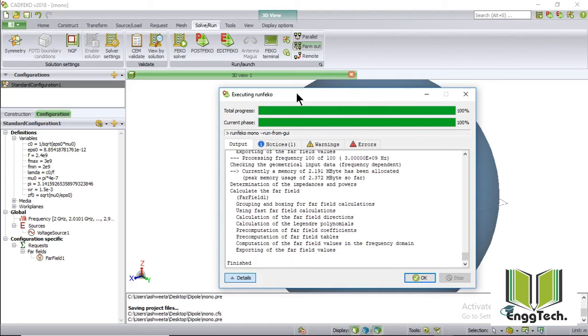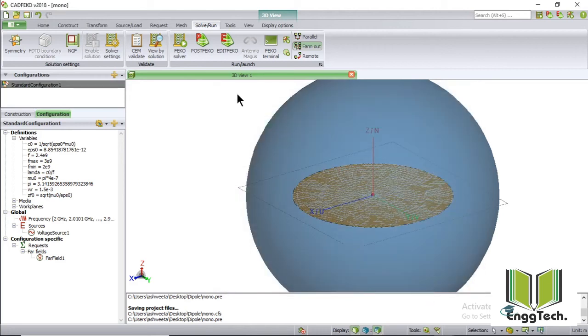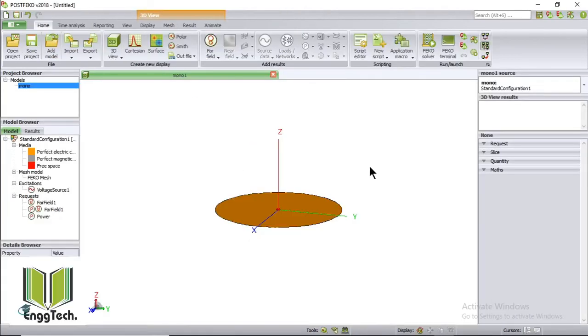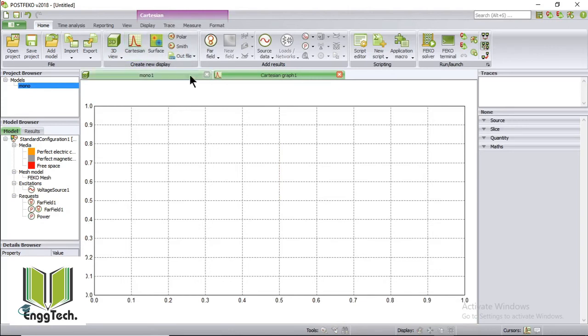Simulation is complete. So now let's observe the output. So let's open Pico, post Pico. So now let's observe the return loss graph. So go in Cartesian and then select source data and then voltage source 1.